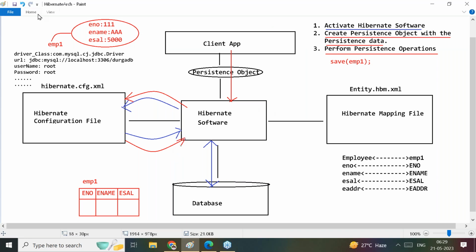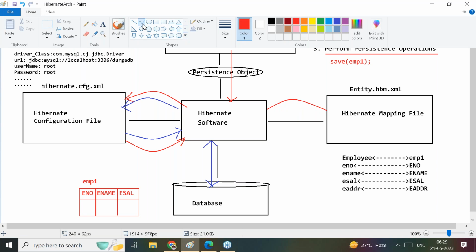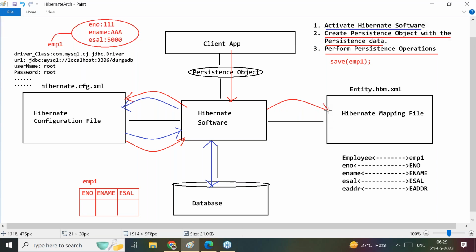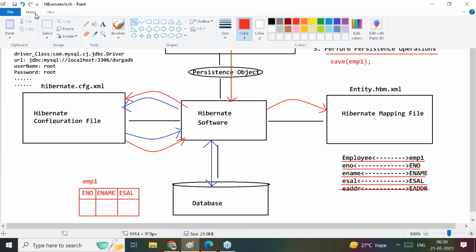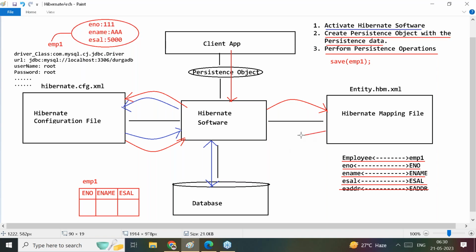After getting these, Hibernate software will go to the mapping file. In the mapping file, it is able to understand the mapping details: employee to EMP1 table, ENO to ENO, ename to ename, esal to esal, eaddr to eaddr. Of course, it's not available. Just leave this one. These mapping details are identified. After getting all these mapping details,